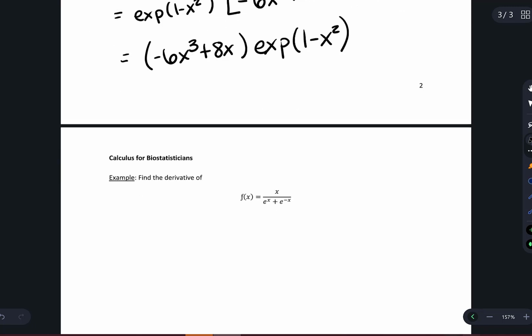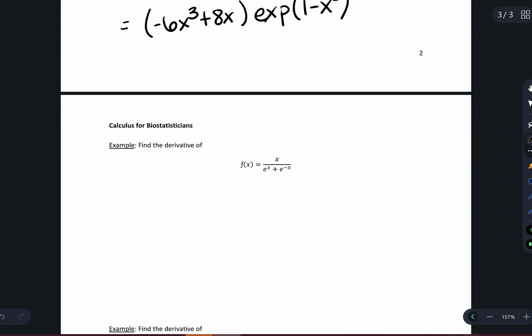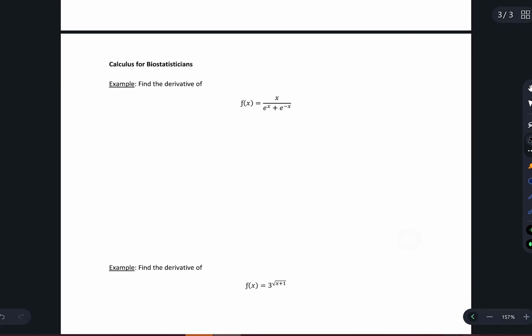So let's look at some more examples here. Notice here we have a quotient, so we know that we're going to have to use the quotient rule. And then here in this term, in the denominator right here, notice that we don't have e to the x, we have e to the negative x, and so that is a function of x, so we know we're also going to have to apply that chain rule again. And so here we have by the quotient and the chain rule,